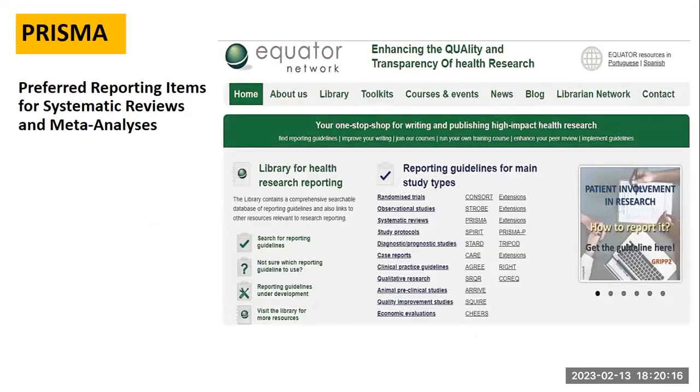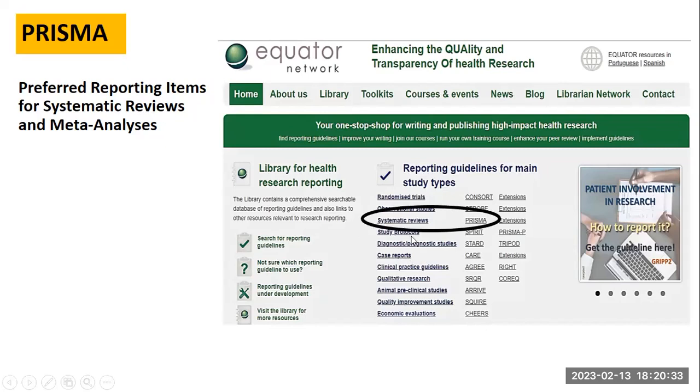Well, after that, you need to report your systematic review in a structured format. And this is called PRISMA, or the Preferred Reporting Items for Systematic Reviews and Meta-Analyses. If you go to the EQUATOR Network, you will see these guidelines for all types of studies. Even a case report has a guideline. And if you write your case report as per this, it is